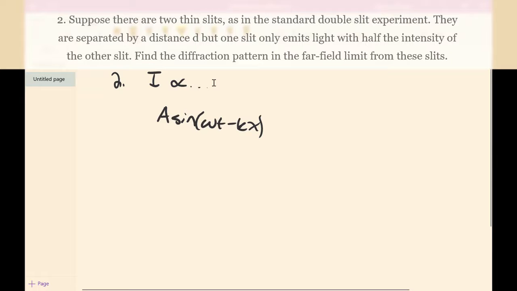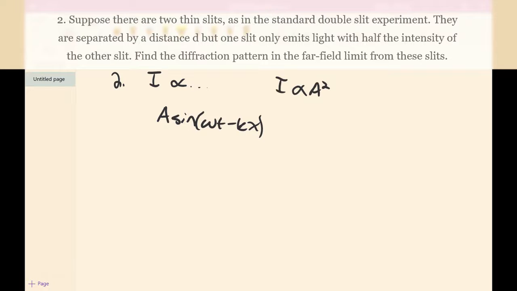And so our first step to find the intensity is, well, we know that this intensity is proportional to A squared, I believe. But obviously we need to express this in a different form for this problem. To find this, we first take this A sine omega t minus kx. And since there are two slits, both with light coming out, we need to add this value for both of them. And the phase difference between them would just be k d theta,